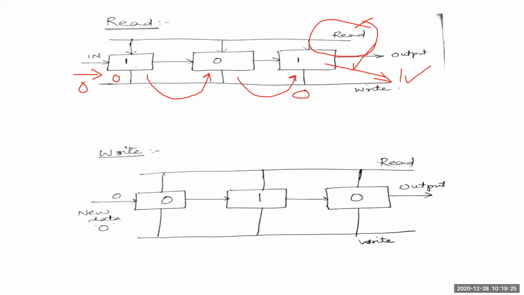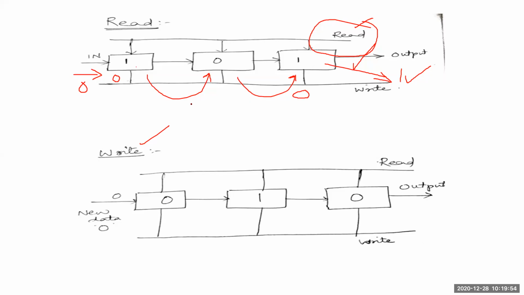So ultimately, in the read operation, one of the cells has become empty. So now there is a vacant place. This will go and occupy that particular place. So in this manner, once you try to write a new data, you will get a new cell location data, that is 0, 1, 0. 0, 1, 0 will be the new data which has been stored in the particular SAM. So this is how it happens in this particular operation of a serial access memory or